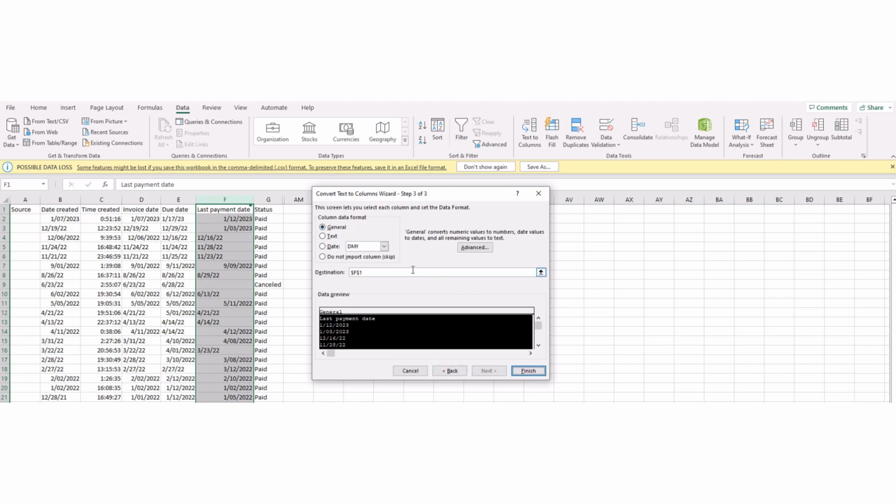This bit here is the bit that most people ignore, and this is the bit that we want to focus on today. So what data format is this text in? It's in a date format, and it's not in my regional format of day, month, year. It's in the American format of month, day, year. And so by telling Excel that that's month, day, year, when I click finish,